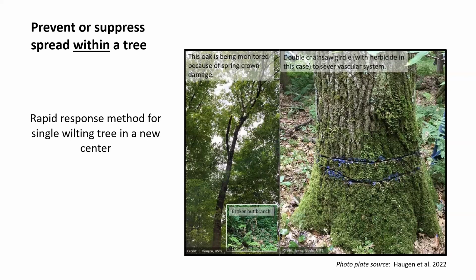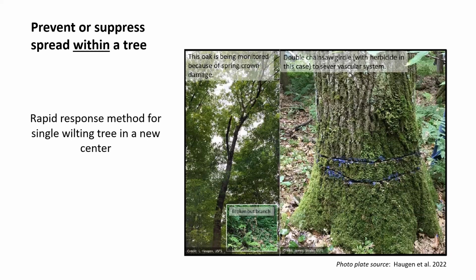And so then they girdled and applied herbicide, and then they've been following their success rate, and it's been actually quite successful if they catch a tree in early wilt stages. So we call that the rapid response method. So that's pretty exciting. And then another thing I want to mention under prevent or suppress spread within a tree,